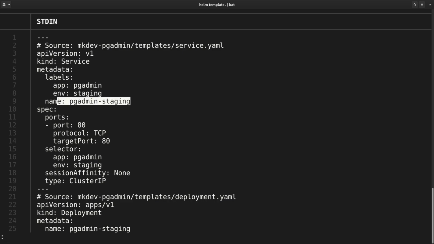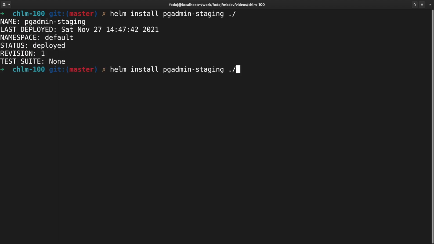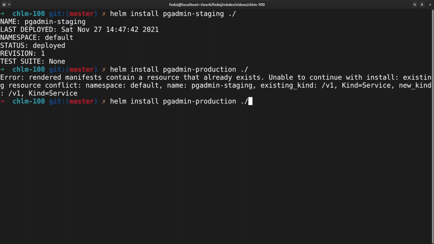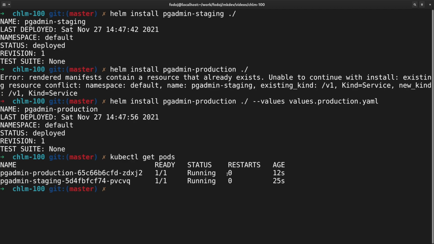Now that names depend on the env variable, we can deploy this chart twice to the same Kubernetes namespace. I will deploy first the staging one with default values, and then the production one. Production one didn't work because, of course, I need to specify the production values file. If we inspect the list of running pods, we will see two independent pgadmin pods.